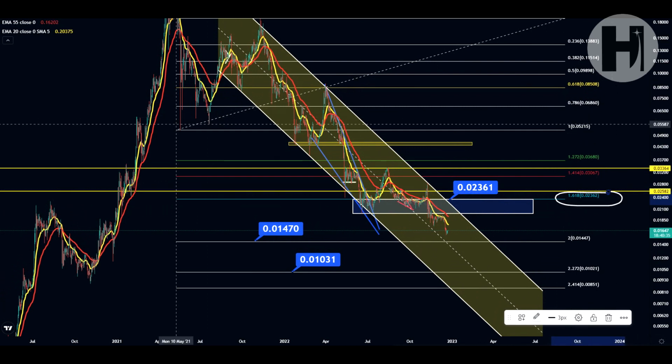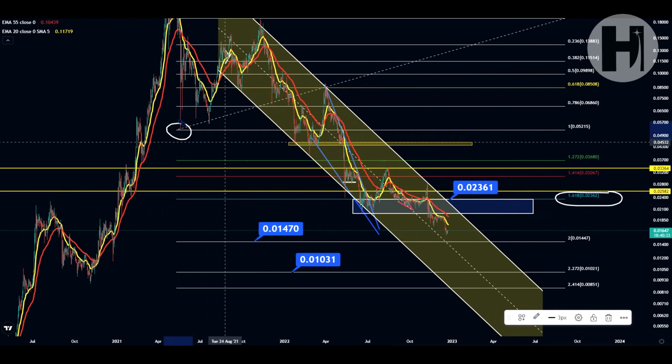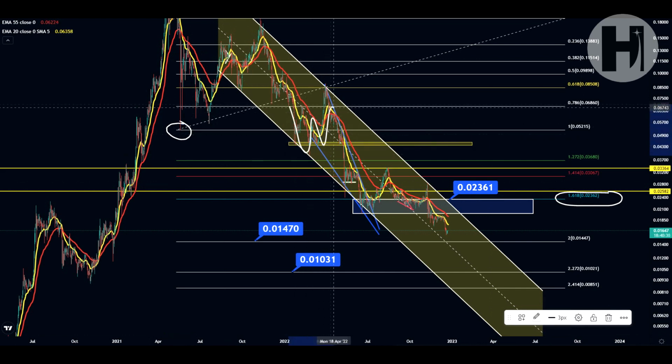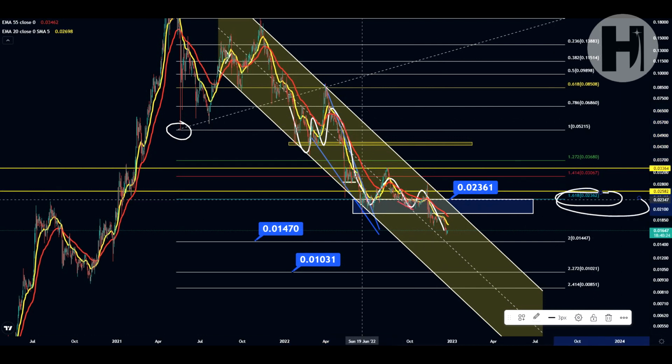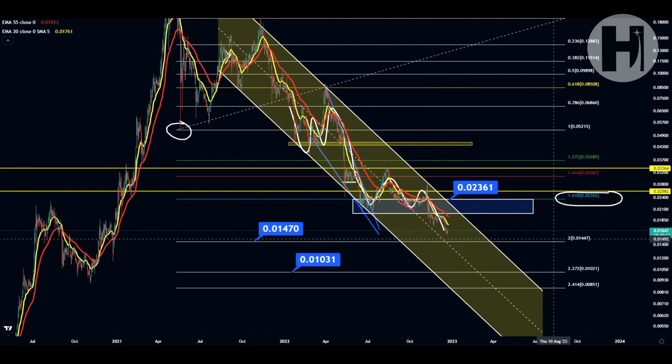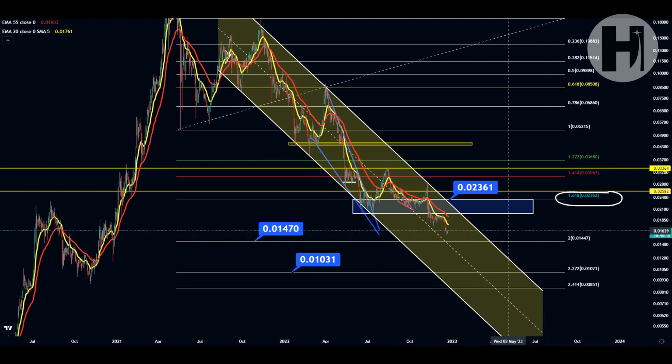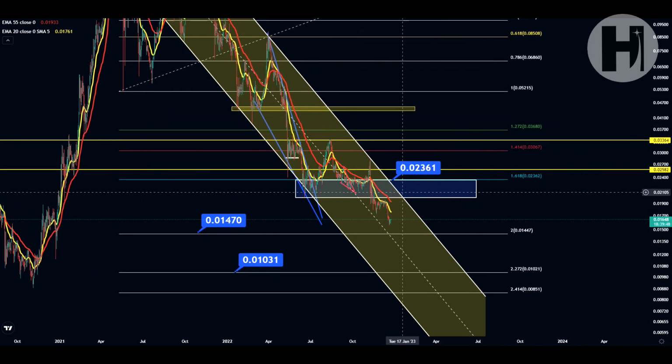Our initial technical target was the 1.618 as always. Once you lose the swing low that you printed on the Fibonacci retracement, you typically see a retracement all the way down to the 1.618, which we have done all the way back in June. We had a retracement since into August, and then we started printing another ABC correction, and potentially this C leg that we are in right now is going to take us all the way down to the second fib level or even below that.